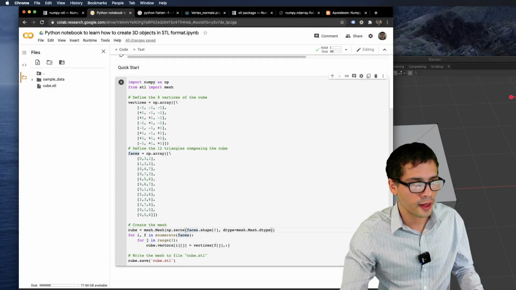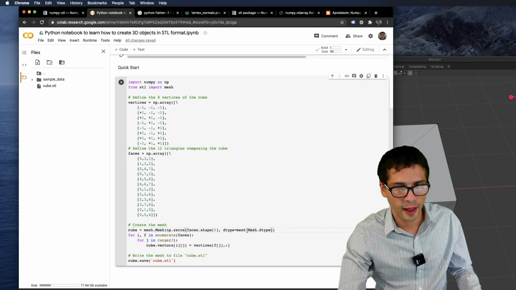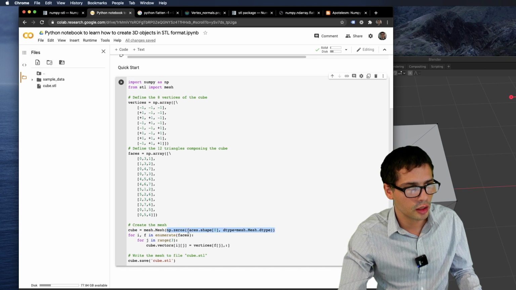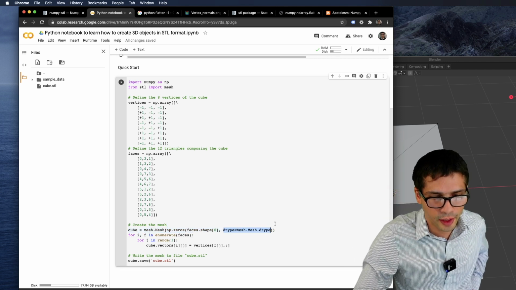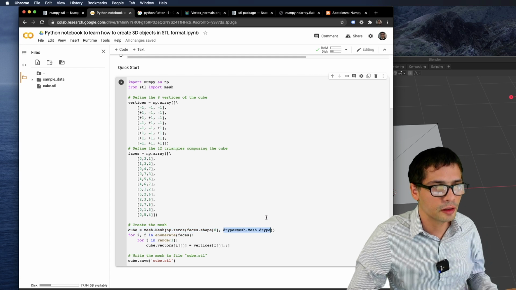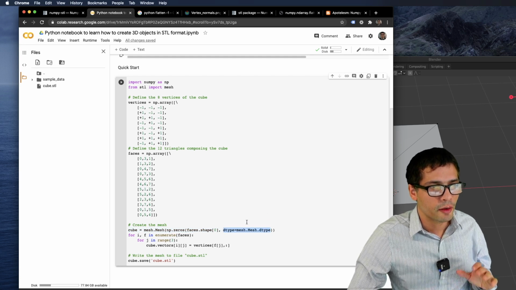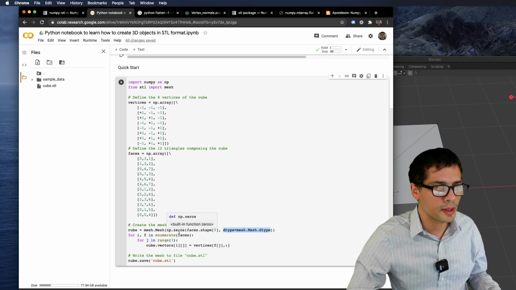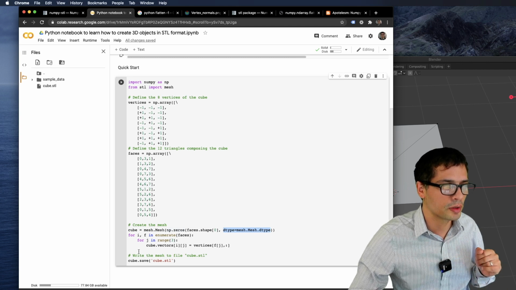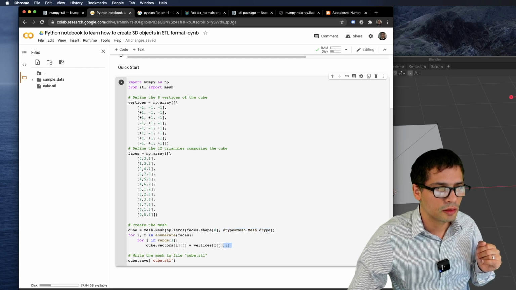So we have the faces. What we are doing here is creating an empty array using this type, which is a very complicated type from what we were able to gather. Given the number of faces, in this case 12, it's going to create a NumPy array with 12 elements of this type, dtype. And now, what's it doing?